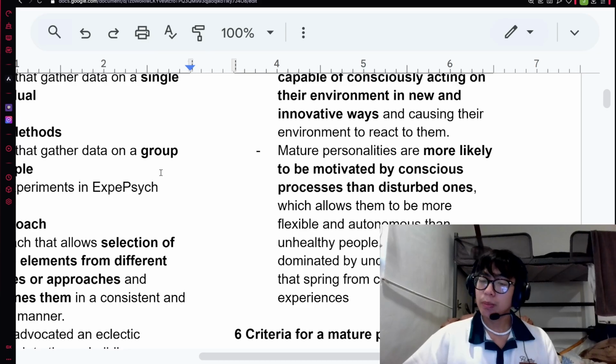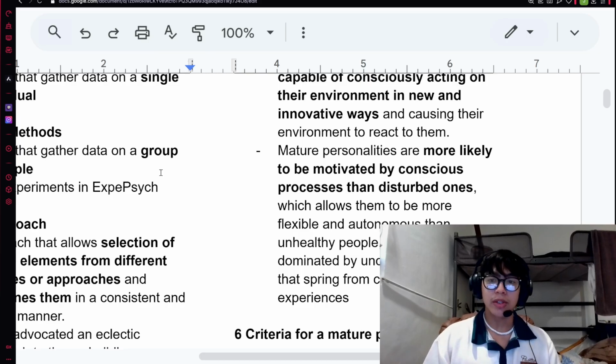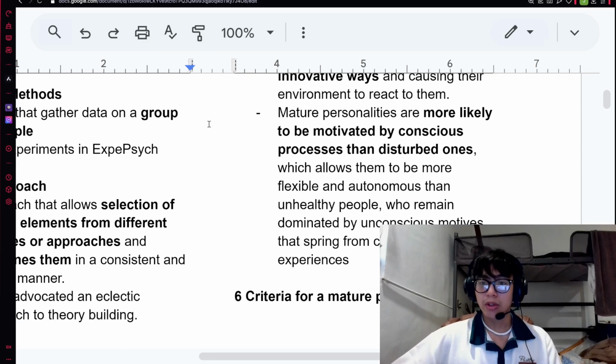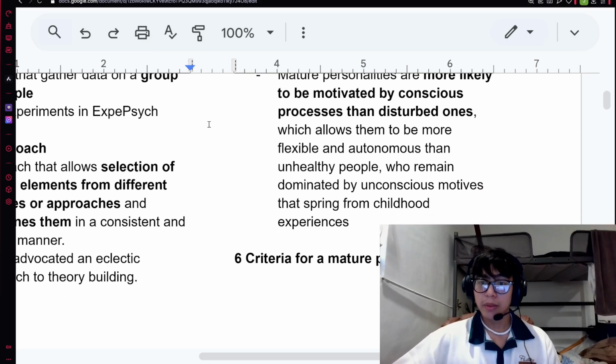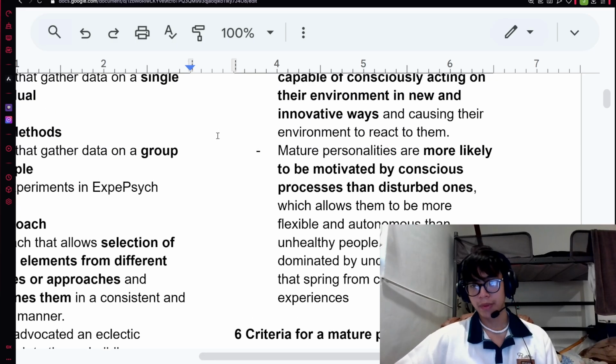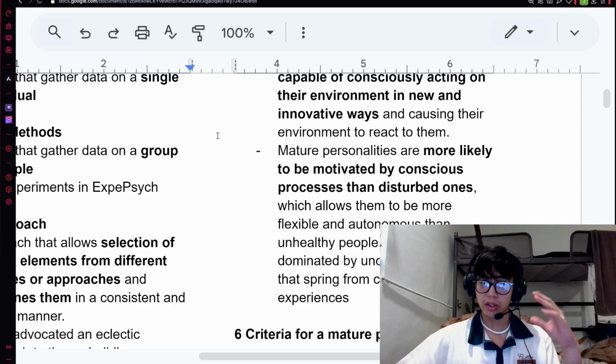Now, mature personalities are also more likely to be motivated by conscious processes than disturbed ones. And this allows them to be more flexible and autonomous than unhealthy people who remain dominated by unconscious motives that spring from childhood experiences. What this is basically explaining is that the conscious process,